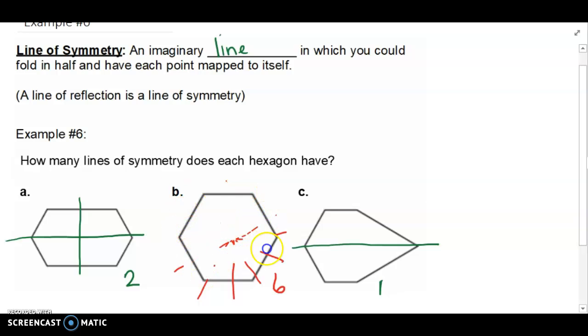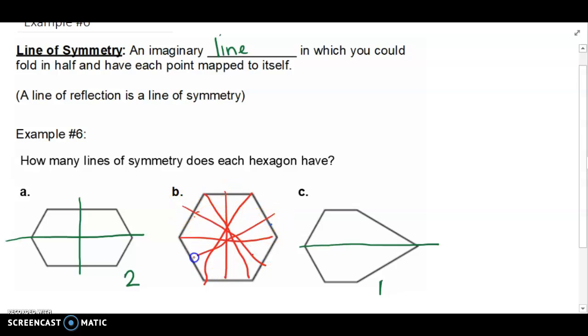So let's look at this one together, because you may have forgotten it. If we fold it in line down the centers, the right would map over to the left. Okay, well, let's erase that. And let's say if we folded it from crease to crease, it would map over onto each other. So for every corner to corner would be 1, sorry guys, these are really not straight. And then every center to center would be another one, meaning that there would be